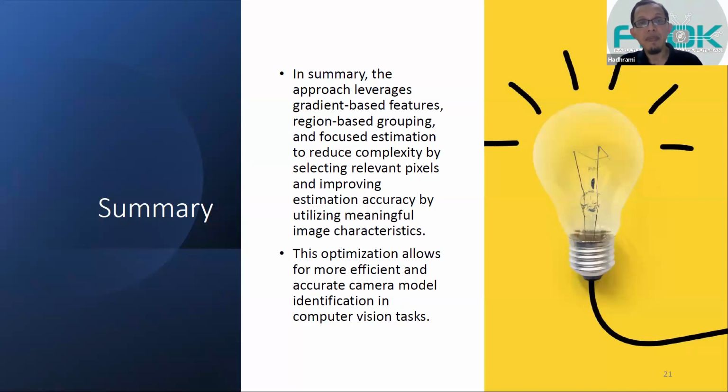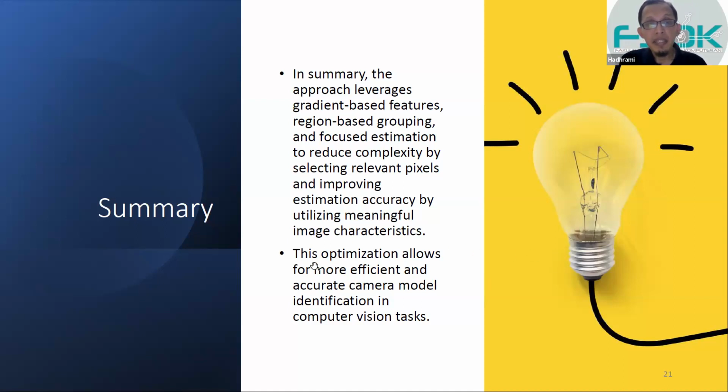So in summary, the approach that we have gone through so far, and the proposed methods in order to reduce the complexity while improving the estimation accuracy, basically use some of the methods that we have mentioned, like the gradient-based features, the region-based grouping, and focus estimation, to reduce the complexity while focusing on the largest gradient magnitudes in the image, in order to detect the origin of the image.